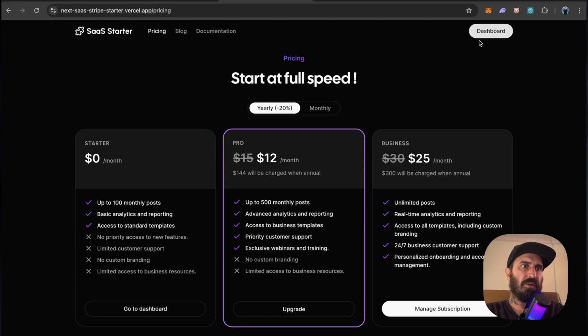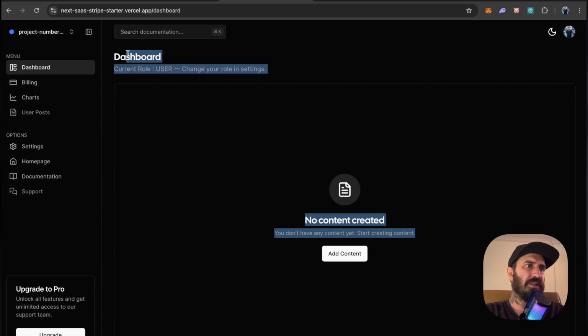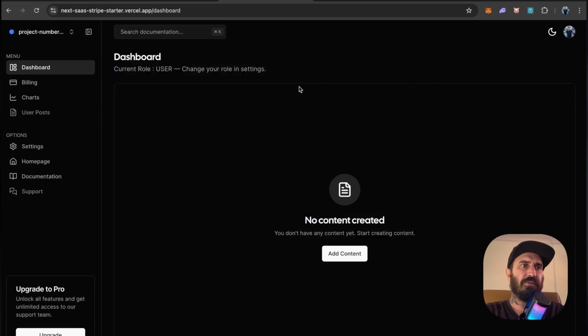Let's just go into the dashboard real quick, and this is basically the first page that your customers will see. You can completely change this to whatever you want. If it's a new user, it's probably going to be some sort of onboarding process, like a multi-step form where you get some details about them, and obviously depending on what you're building and what information you need from them.